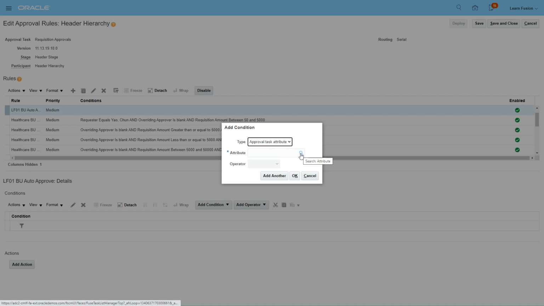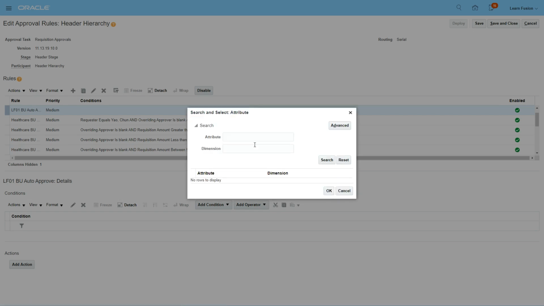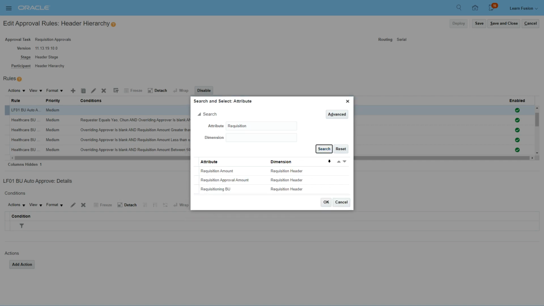What it means is we have to pick up one of the attributes which Oracle provides. So I'm going to say requisition. I'm looking for an attribute called requisition amount, which tells us the dollar amount of the requisition.